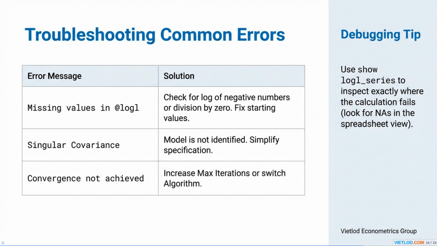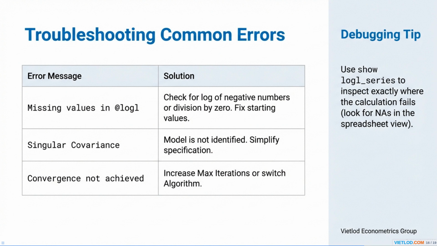If you encounter missing values in @log, it often means there's a domain error in your likelihood function, such as trying to take the log of a negative number or dividing by 0. The primary solution is to carefully review and adjust your starting values for the parameters. A singular covariance error indicates that your model is not identified. This means there isn't a unique set of parameter values that maximizes the likelihood, and you'll need to simplify your